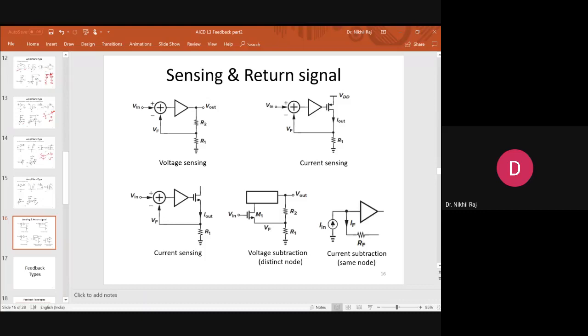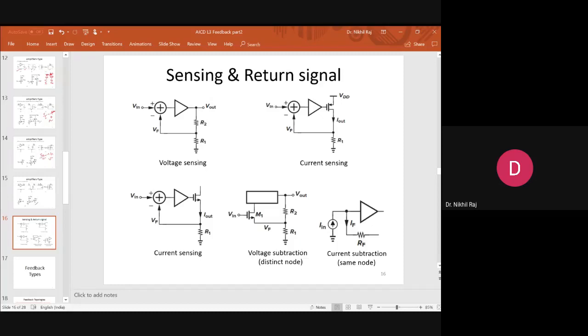So we have seen if a voltage node is being sensed, if suppose a voltage amplifier is there, and I need to sense the voltage, what I will do is take part of the output through the element. Whenever we need to compute the voltage, one of the nodes should be at the ground, then only I can compute the voltage drop. In order to calculate the voltage I need a ground potential, but in order to calculate the current I just need the node, and we need just a division.